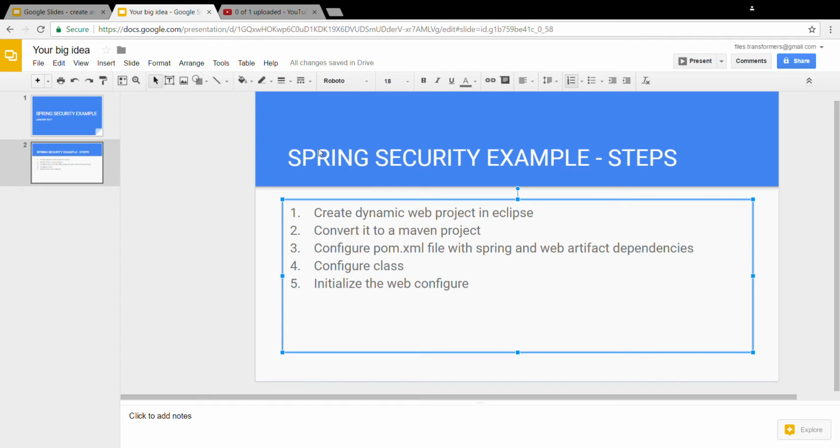The package name will be com.web.controller. It's better to separate them in different packages. Now I'm going to create the class, the HelloWorldController,